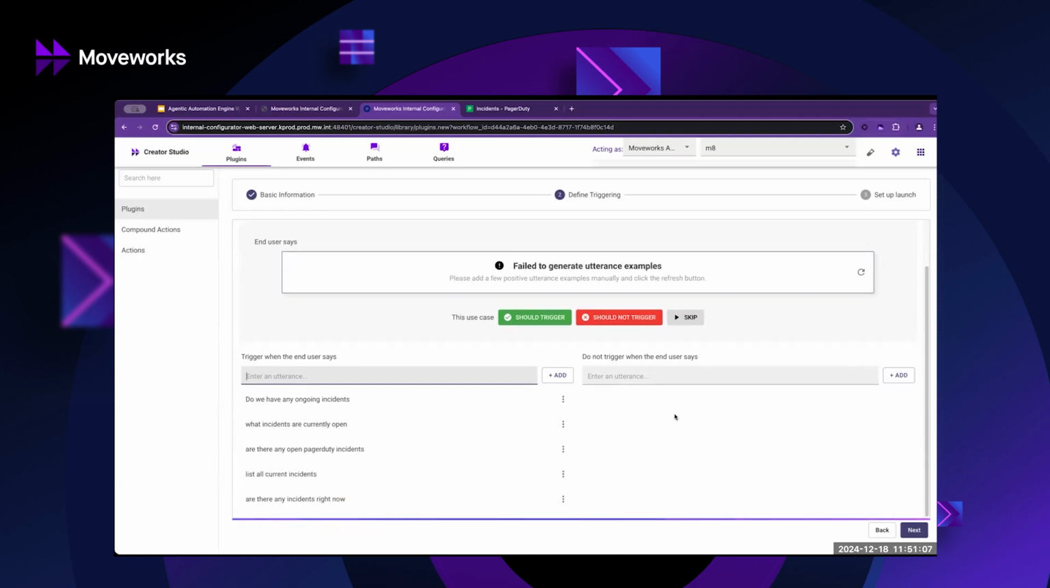So we'll have to define at least 5 triggering examples. And this helps the model understand what type of questions it should trigger this use case for, to retrieve this information. For this particular use case, because we're talking about listing incidents, I would spend a good amount of time